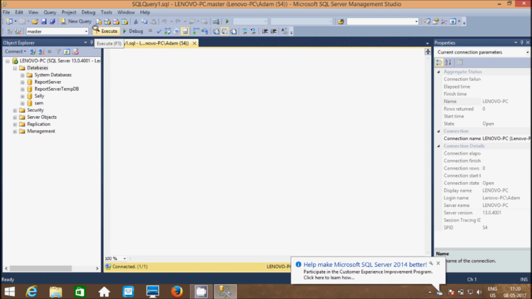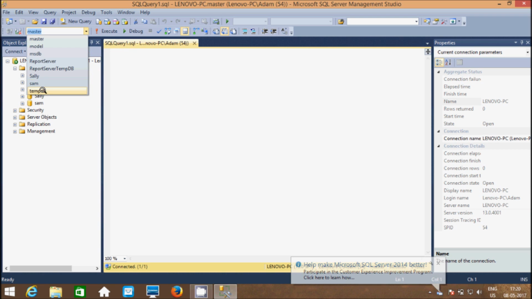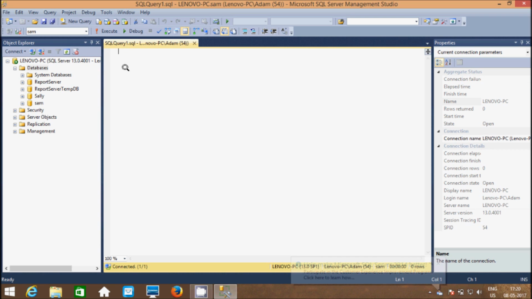So first change master to Sam and write the query: create table, give the table name EMP, and ID integer and name varchar.